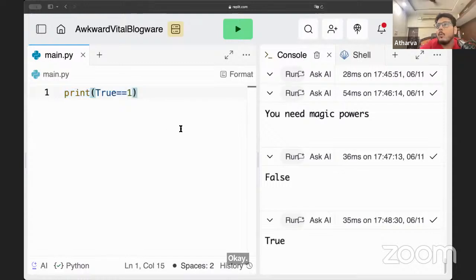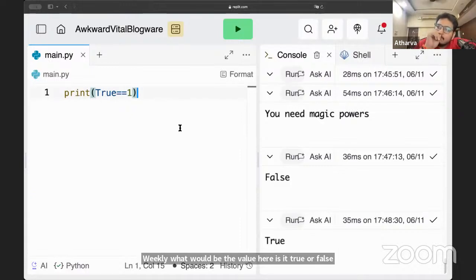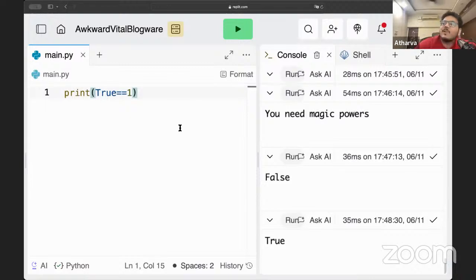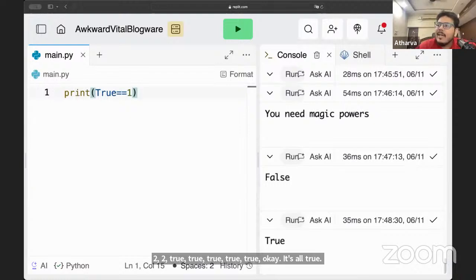Quickly, what would be the value here? Is it true or false? Okay, it's all true. There is one false. Jagdish, why is it false?